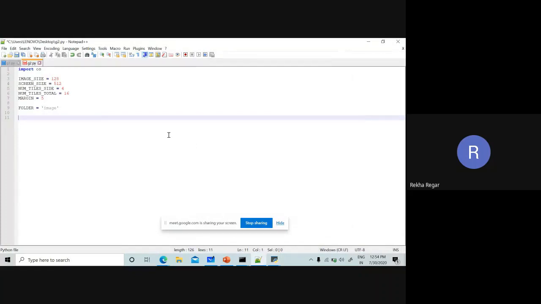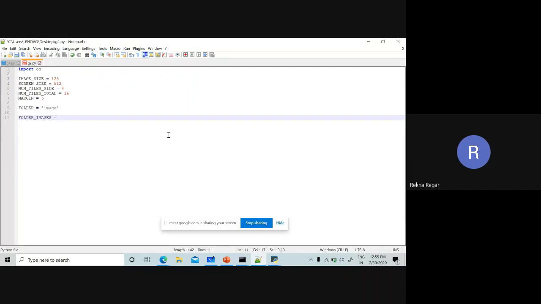So for that, we have to write some functions. With the help of that function, we can iterate each and every image, and after iterating every image, we are going to insert it on the window. So for that, simply you can see folder underscore images. It means we are going to take folder images and iterate.